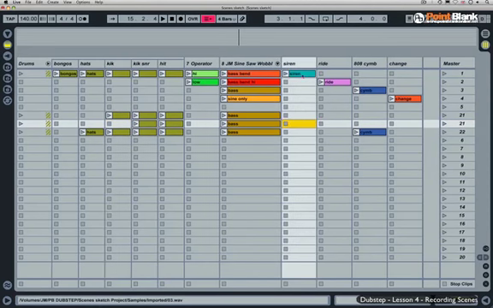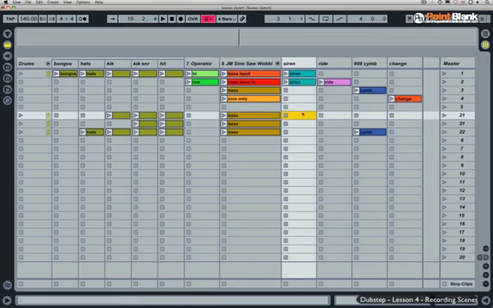So I can either duplicate it and then drag it down like so, or if I hit undo, I can just click down and press Alt and actually copy the clip down. So there's a few different ways to work. I duplicated it there. So a couple of different ways to work to quickly build up